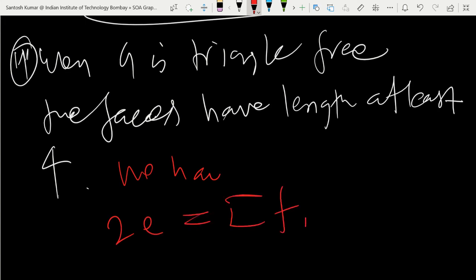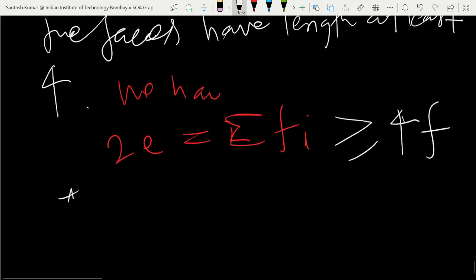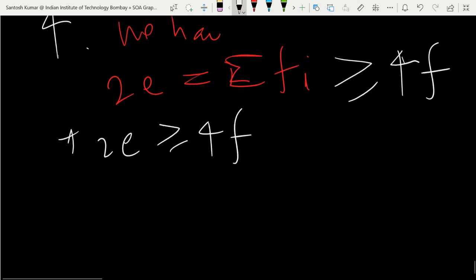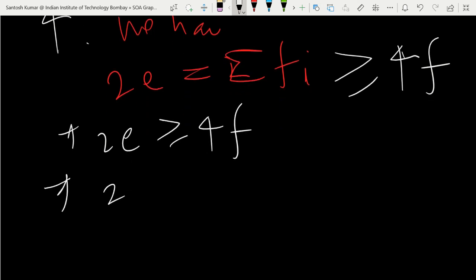and each face has length at least 4, and the number of all faces is f. f is the number of faces and 4 is the minimum length. So this is going to be more than or equal to 4f. So from here you get 2e is more than or equal to 4f, and doing similar steps as before,